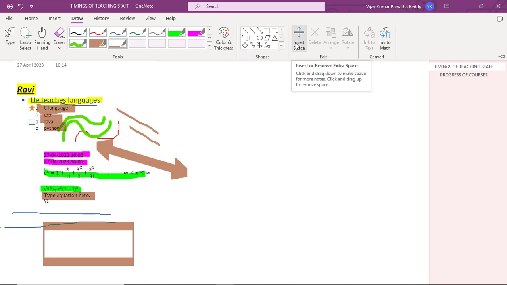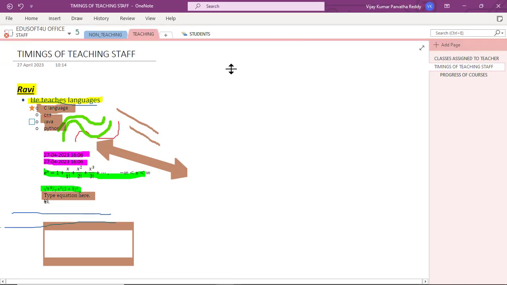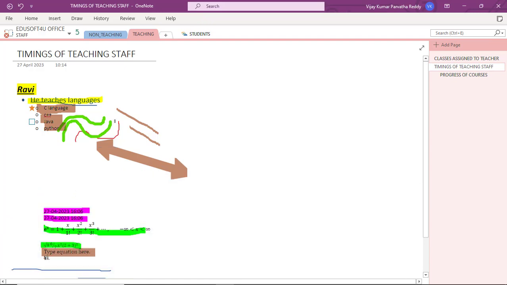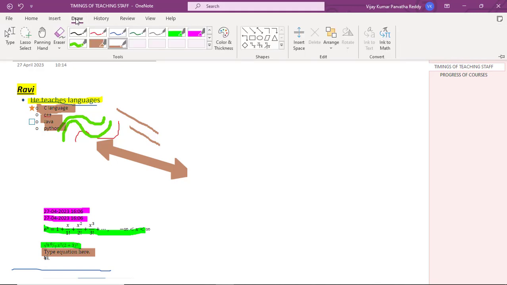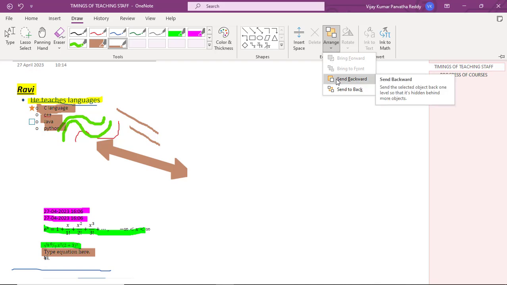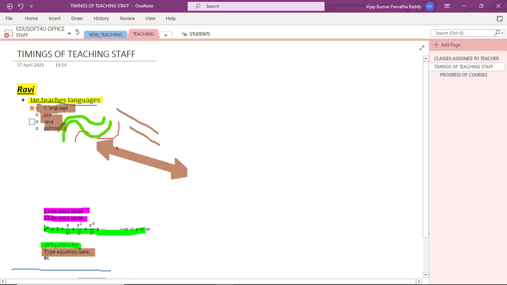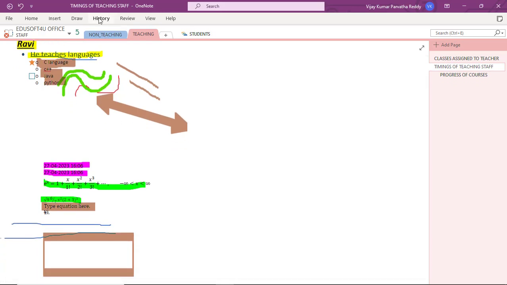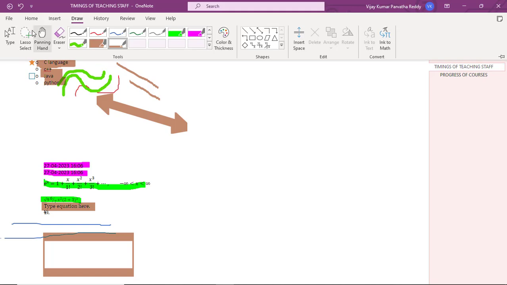And you can insert space. Suppose here I want some space, so like that I can insert space using draw. And we can also arrange different objects from backward to forward, forward to backward. Suppose if this is the object and we have more objects, to select an object we are having the selection tool,